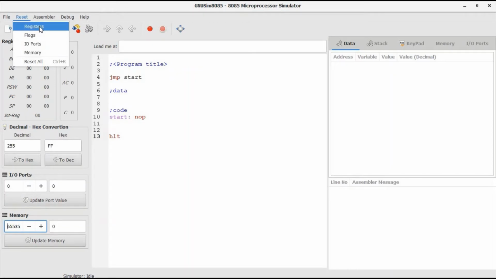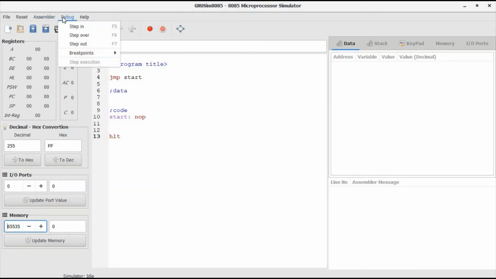Then you can assemble and execute the operation; shortcuts are also given: F8 and F9. F8 is for assemble and F9 is for executing. To debug the program in various modes, step in, step over, step out, there are various shortcuts: F5, F6 and F7. And this is the help command.